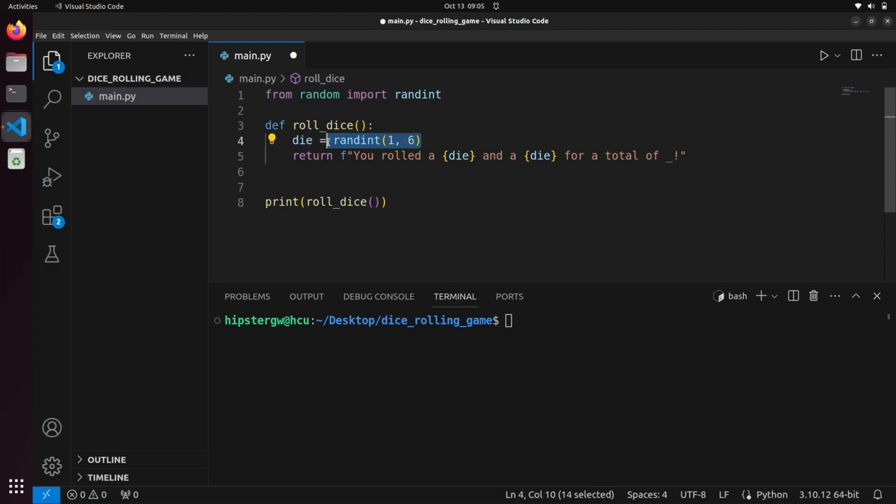It runs the randint method once, I should say, and then it saves it to the variable die. This variable die, as long as we are within the scope of this roll dice function, is going to be the same value. So if we were to call this function now, you might anticipate that this is going to call the randint function twice,